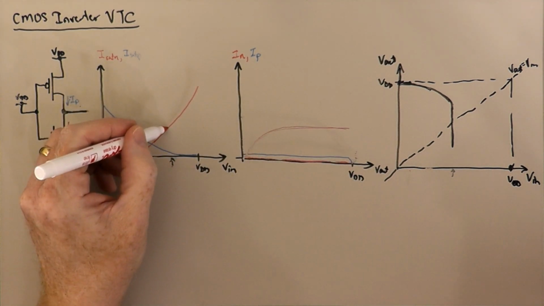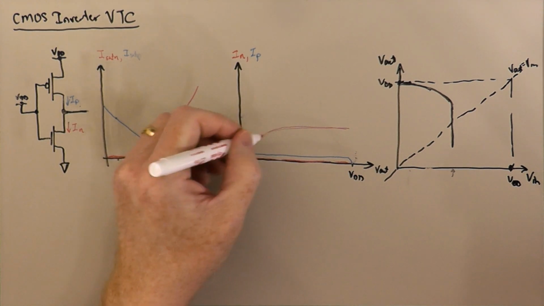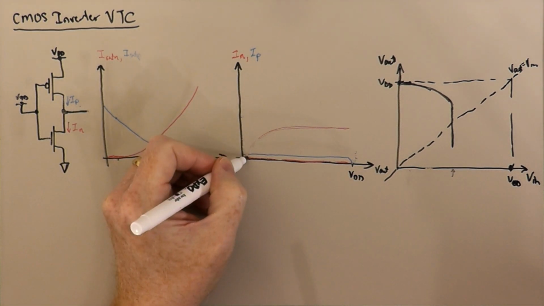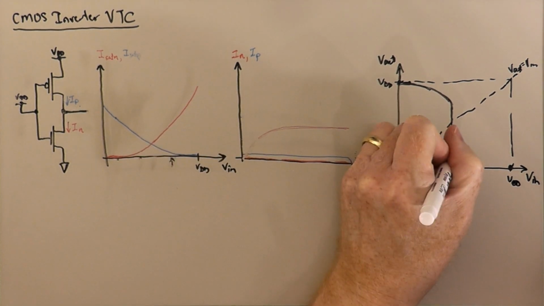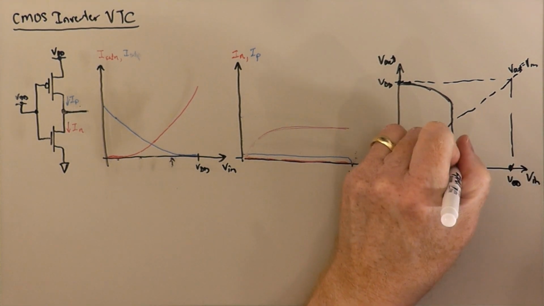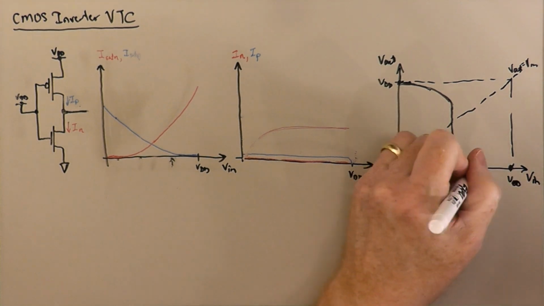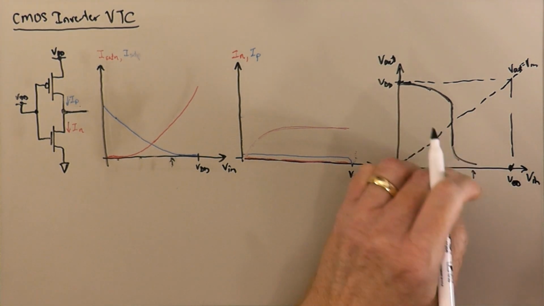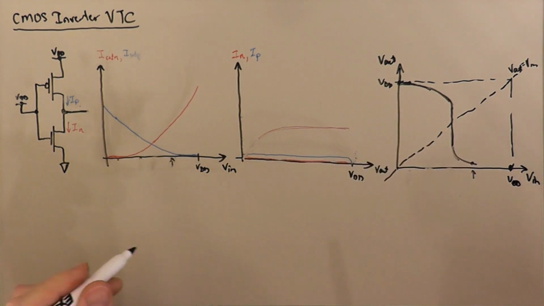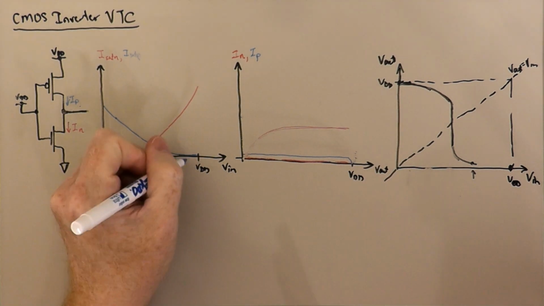Saturating at about that level here. This is the ohmic region down here. Well, the place where they're going to cross is down here near ground now. And so what we're going to do is get kind of into a regime where maybe we're right here on the gate voltage. It's going to cross right here. And then once we get above the threshold voltage on the gate for the PMOS transistor, and the PMOS is in weak inversion,